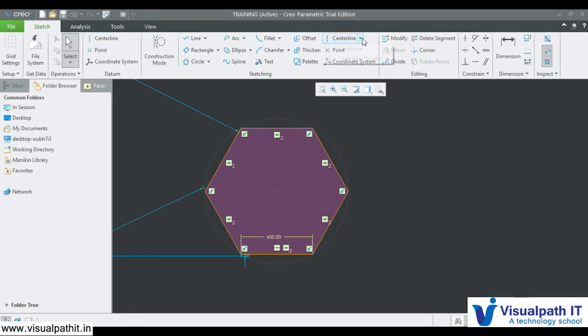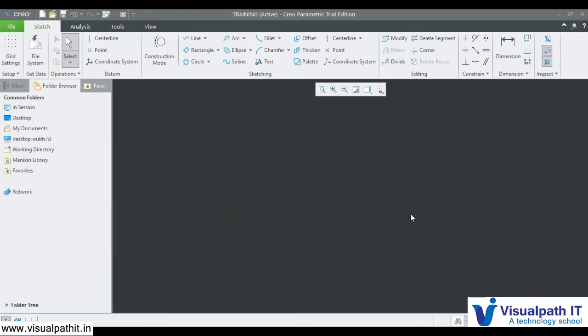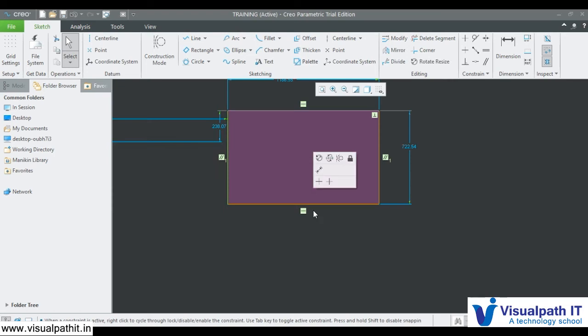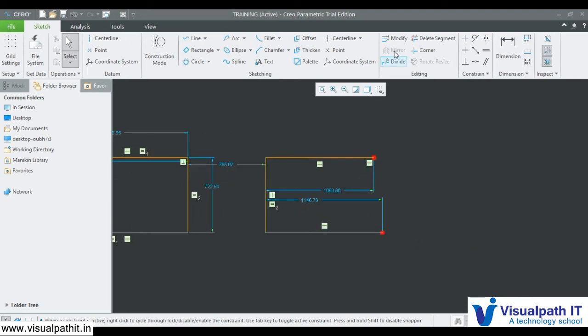This is the palette, and we have a center line. Center line we use to mention an axis. See, if you take the cross section of an axis, let's say you have a hole in a part and you take the cross section, this is how it will look. By default it will show you some constraints, like it will help you with this thing.